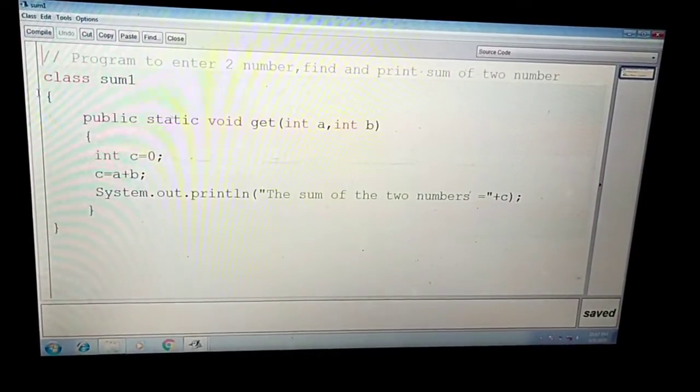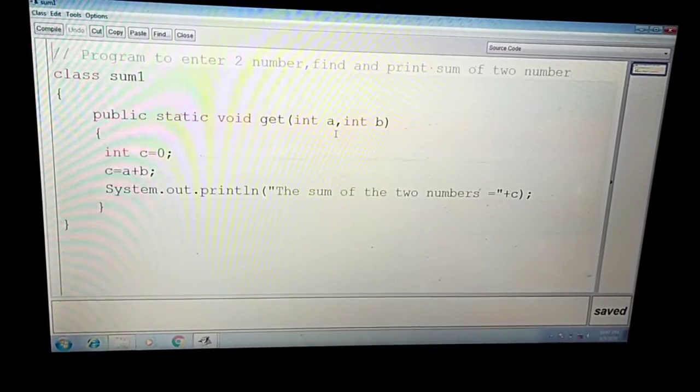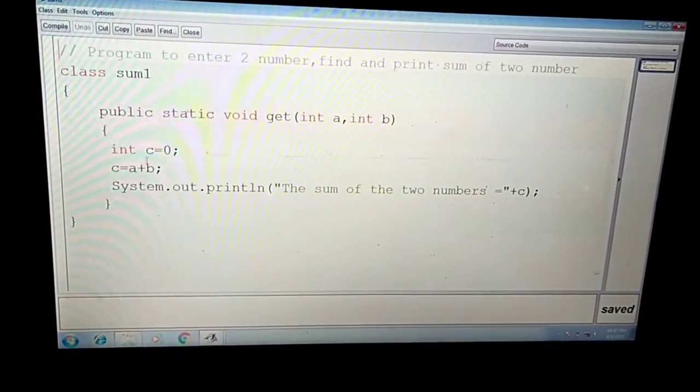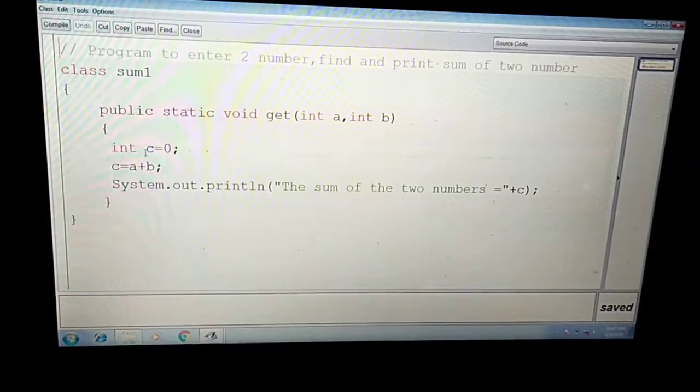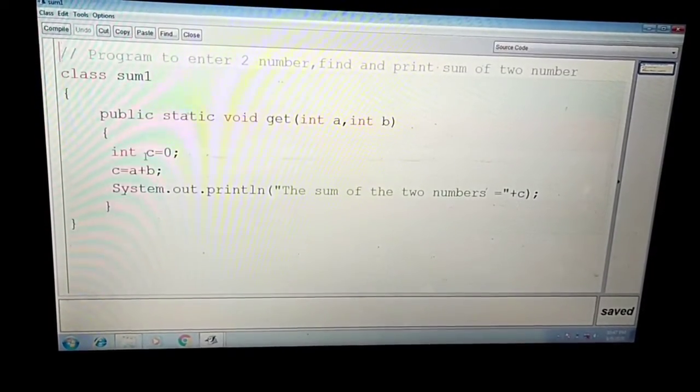First you are supposed to write class sum1, then public static void get, int a, int b, and then you are supposed to take a third variable where you are going to find out the sum and print.